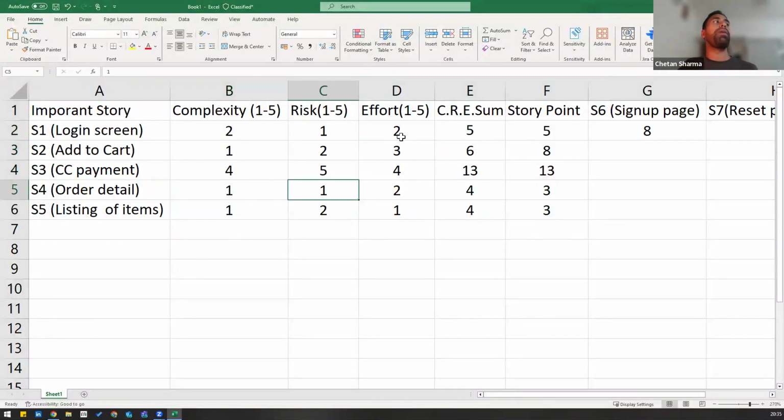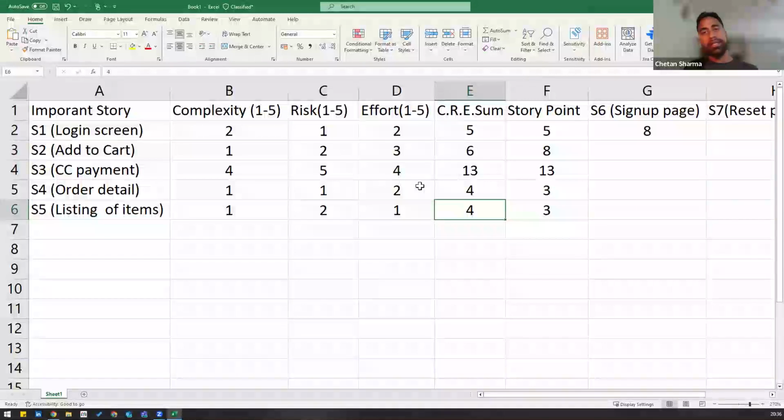Similarly, the risk is also reduced, and the effort too. This is the main part that will have an impact after 6 months: the effort will reduce. If the effort is reduced, you will again get the new sum, and then you will again create your reference benchmark stories. So we have to do this exercise at least after every 6 months within the same project, so that we align with the current expertise of the team members. And that's how we will use these relative estimates every time we do sprint planning or sprint refinement ceremonies, where we are doing the estimation techniques. With this, I'm just concluding